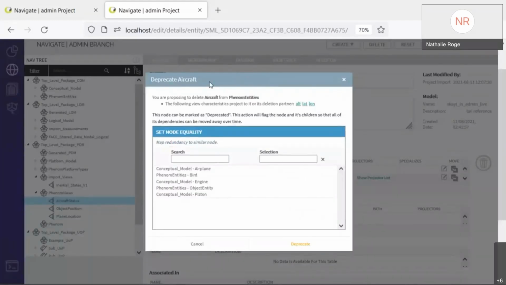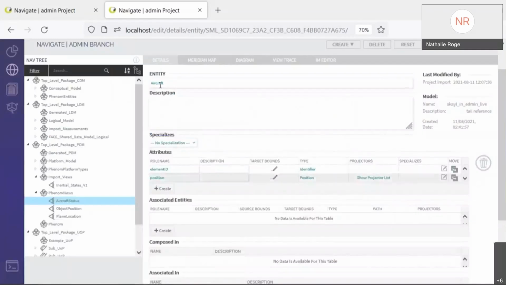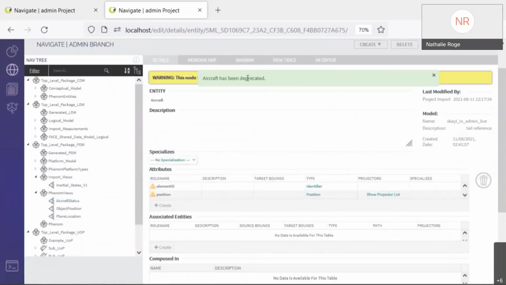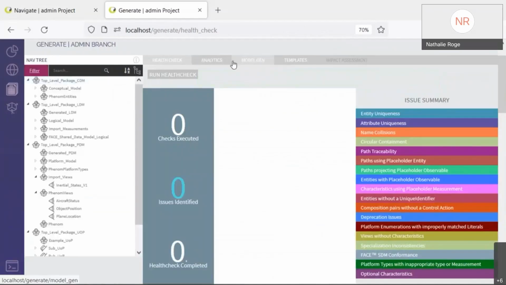I hit delete, but Phenom detects that things are using it. If we literally just deleted that, it's sort of like a dangling pointer or an invalid reference. So we deprecate it instead. We get a warning about that when you're viewing a node. And one of the things that this deprecation does, when we have fields marked as deprecated and they're being used, there's a health check that shows these. So the idea of this is that because we don't want to just break the model by deleting things,